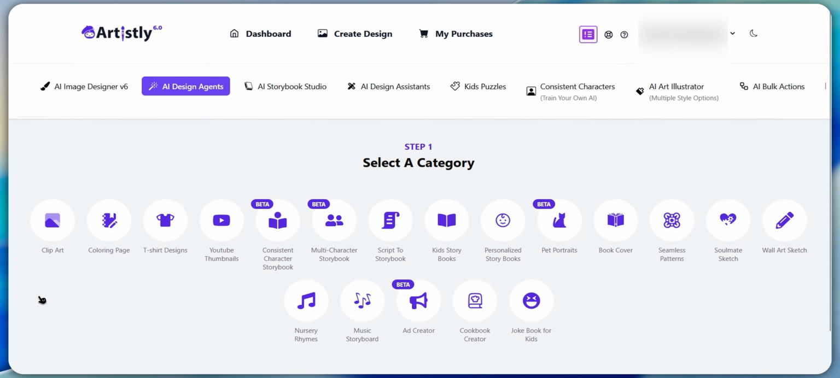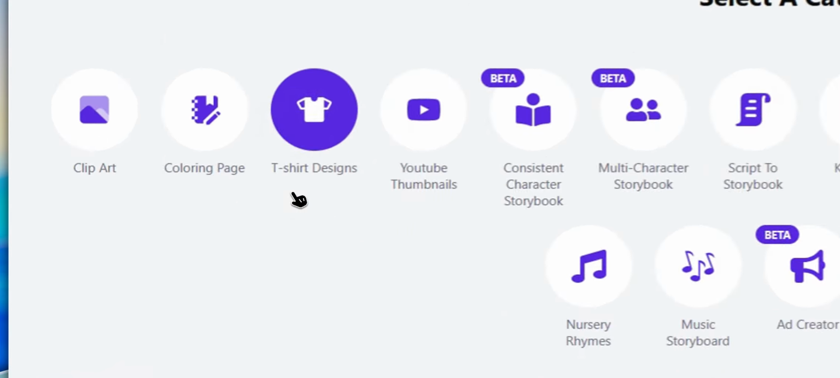And as you can see, there are so many different apps, YouTube thumbnail, clip art. If you want to know how you can use Artistically AI to do other stuff, I have a video and I'll make sure I put the link below. But now let's focus on how we can design our 100 t-shirts with just one single prompt that will sell. So I click on t-shirt designs,